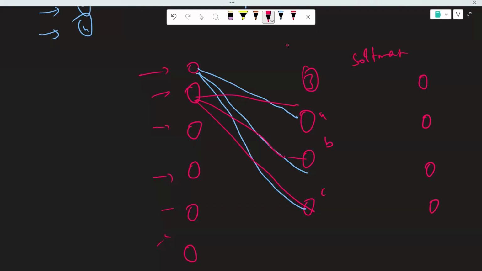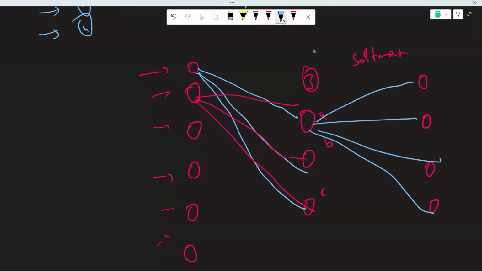Now what will happen? The final output in softmax will again be connected 1, 2, 3, 4, 5, right? And similarly, the rest of them also will be connected to everything. In this layer, we are using a softmax function so that we can generate the probability values. Over here, you have 6 into 3: 6 input, 3 intermediate neurons. Then you have 3 here and 5 here, so you have 3 into 5 weights.